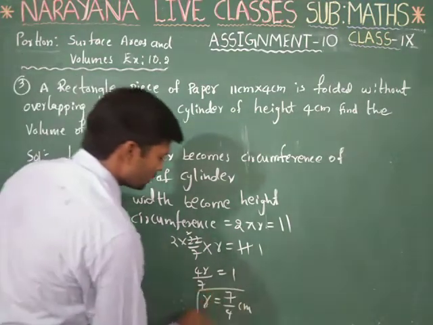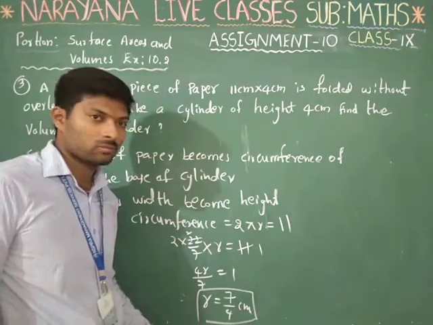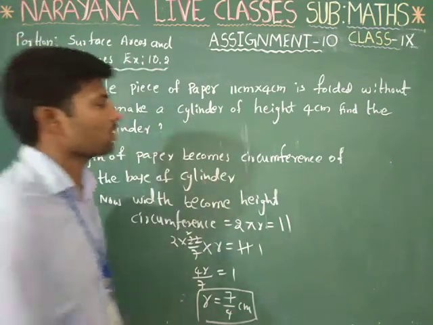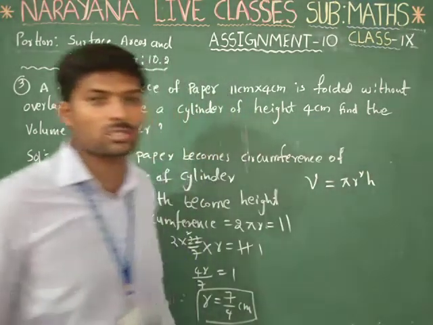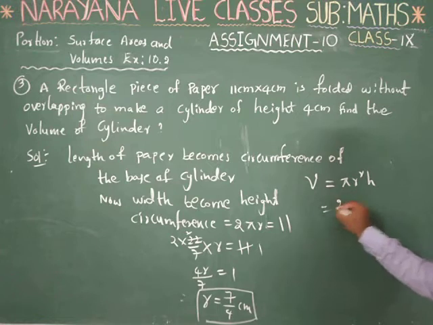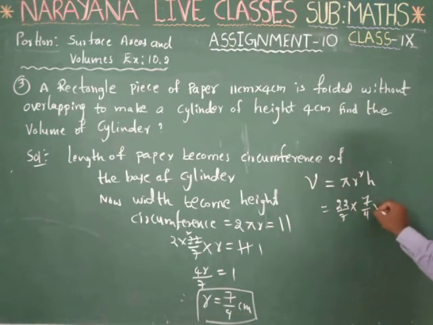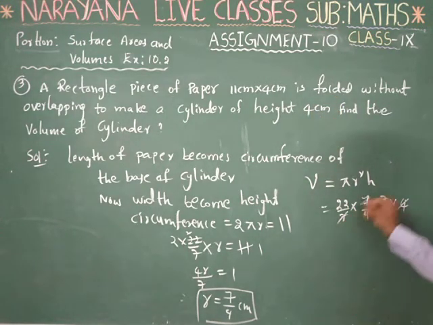So how to use this radius equal to 7 by 4 centimeter to find the volume? Here the radius of the cylinder is equal to 7 by 4 centimeters. We have to find the volume of the cylinder. Volume V is equal to pi r square h. Now wherever pi is there, you just replace with 22 by 7 into the radius of the cylinder, it will become 7 by 4 and 7 by 4, r square, into the height of the cylinder. It is given as 4 centimeter. Here 4 will get cancelled and 7 will get cancelled.